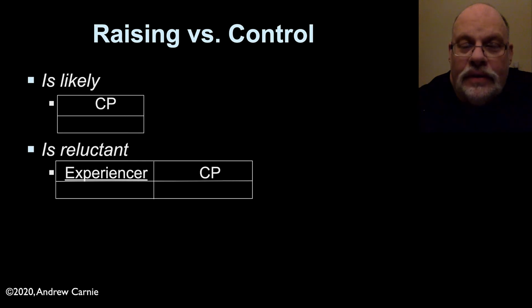So how do we distinguish these kinds of constructions from constructions like "is reluctant"? You remember that we started this video with the observation that in "is reluctant", there actually is an external theta role. So if I say "John is reluctant to leave", John is experiencing reluctance. So it is in fact getting this experiencer role. If I say "John is likely to leave", John is not an experiencer of "is likely". It only gets a theta role from the embedded verb. So "is reluctant" is similar to "is likely" in that it takes a CP complement, but it also has this external theta role.